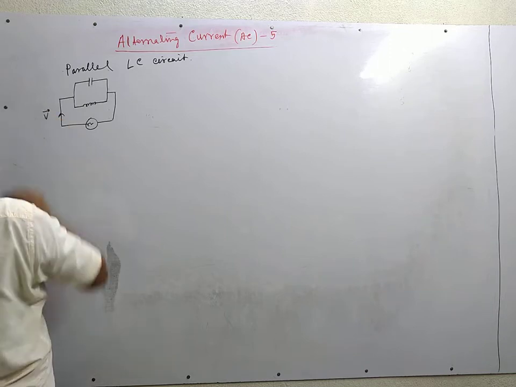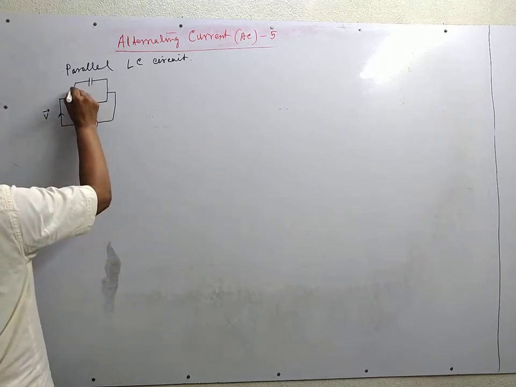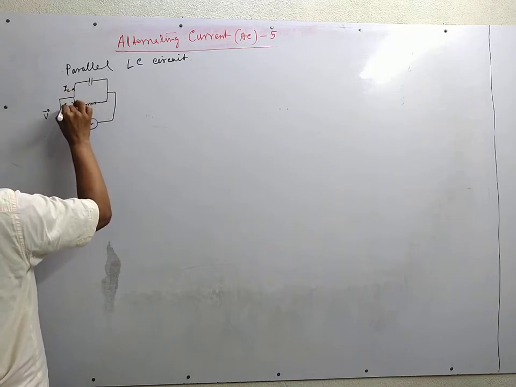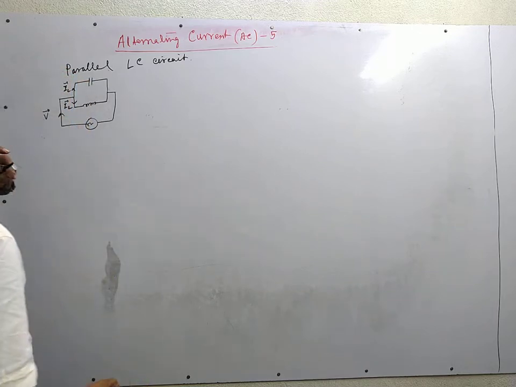Since it's a parallel circuit, we use the reference voltage mechanism, and the current flowing through it is IC, and that through L is IL. These are the phases. The current equation is